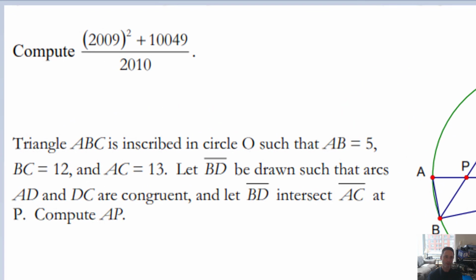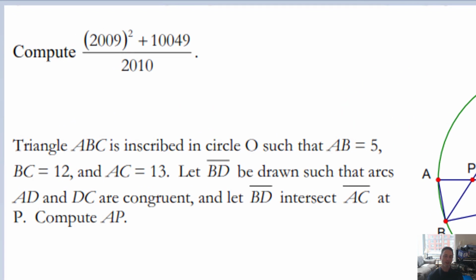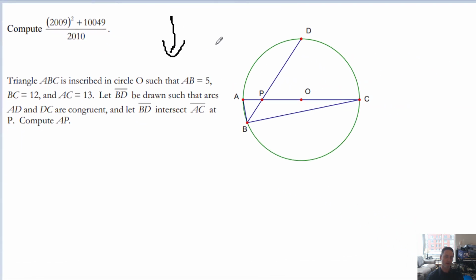Okay, this one at the top here. Compute 2009 squared plus 10,049 divided by 2010. Now, all algebra, as I say over and over and over again, as I was taught, is factoring. Right? They don't actually want you to square out 2009 and get a big number, add 10,049 to it and divide by 2010. You can do that, but you're not gonna have a lot of time to do the next question, which is